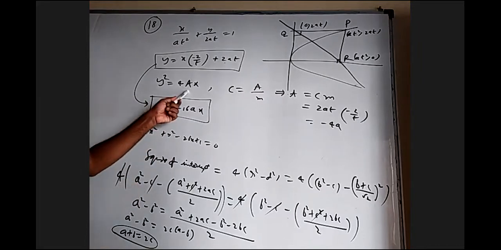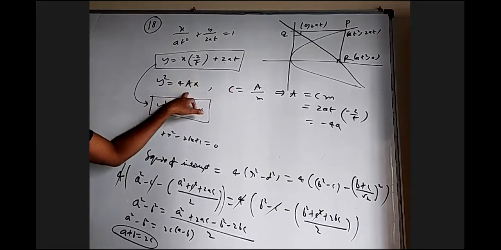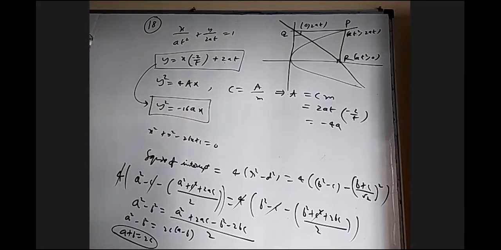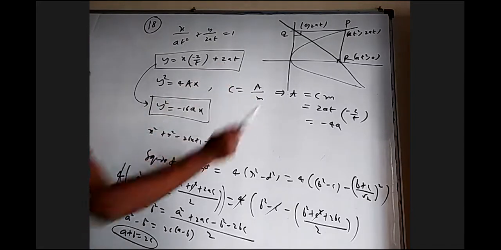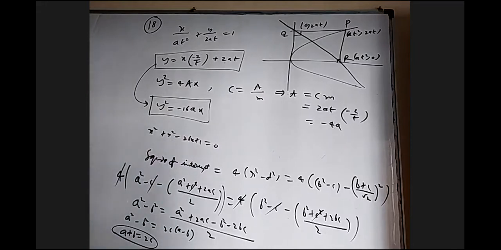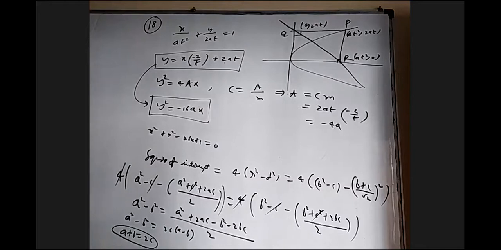I hope you understand, because this a and this a will be confusing. That's why I took capital A. What is the capital A? I don't know. This line is tangent to one parabola. How to know that? I'm assuming it is this and then using the c equals A by m formula. This is m, this is c. Now I found that capital A and kept it back. Is it clear, 18th one? Yes, sir.